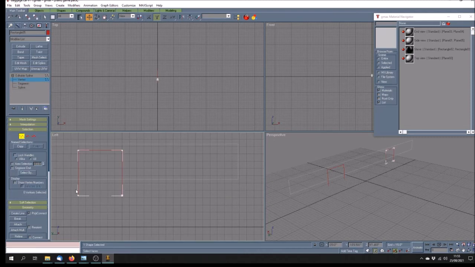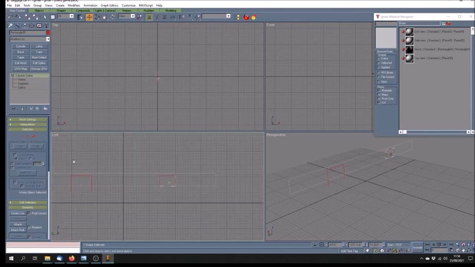Now I want the vertices, so that's going to be 6'6", and that's going to be 6'6", and let's leave that for the moment. Do this one,